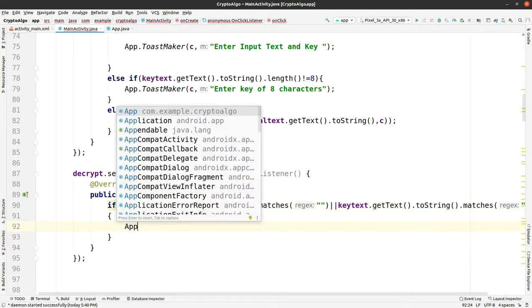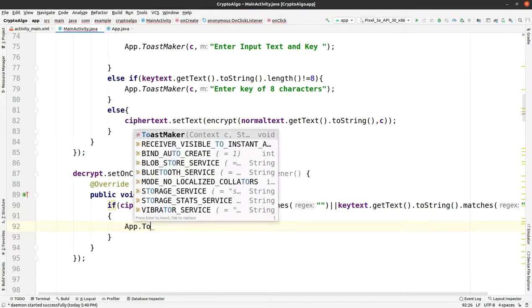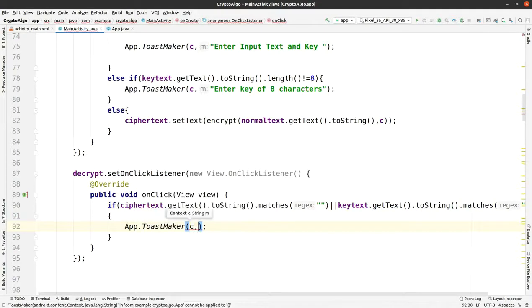And we are merging two technologies, Android plus cryptography. So this is a very good project. If you want to use it in your college or somewhere else, it can enhance your resume that you have merged two technologies.